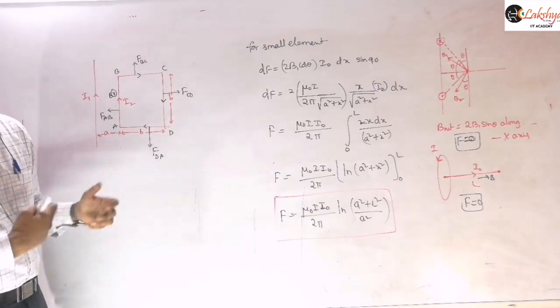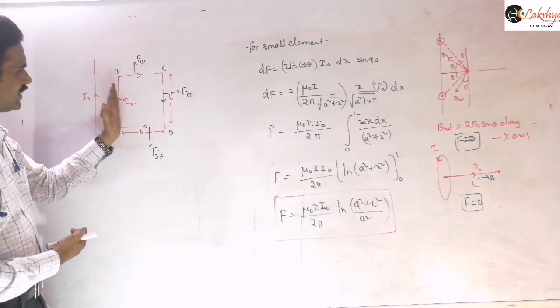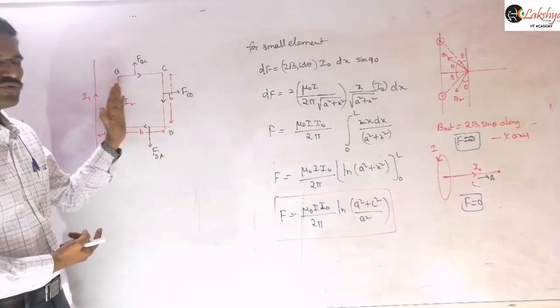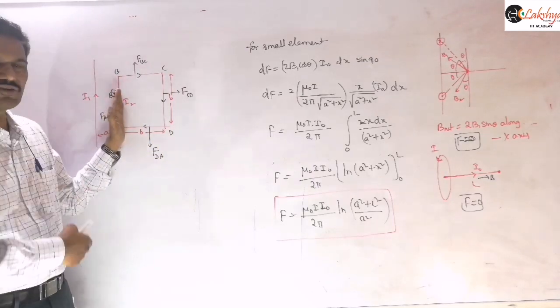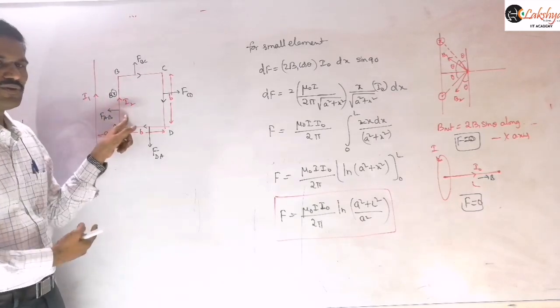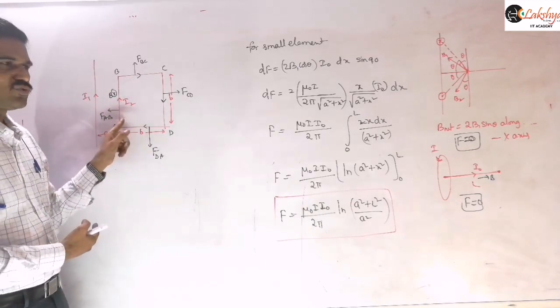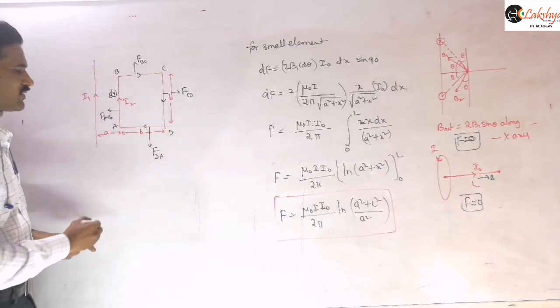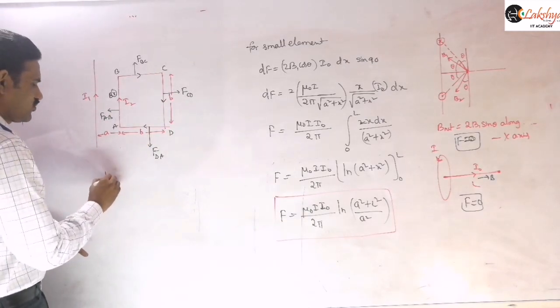No, because the magnetic field acting here and the magnetic field acting here will be different. So the magnetic field acting here will be larger in magnitude, so that the force here will be larger in magnitude. And so FAB is greater than FCD. So what we can conclude here is